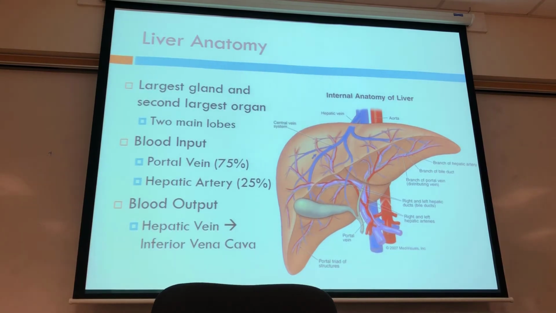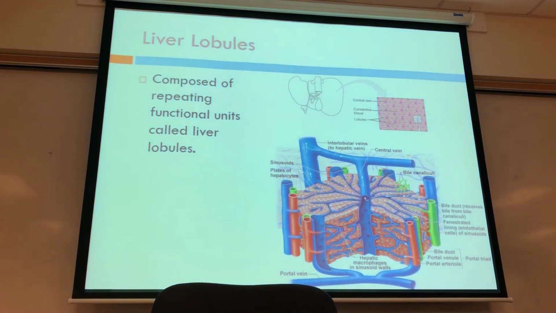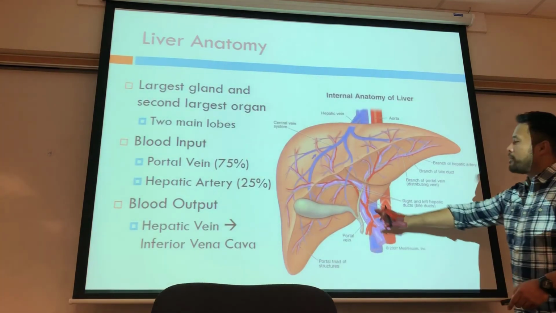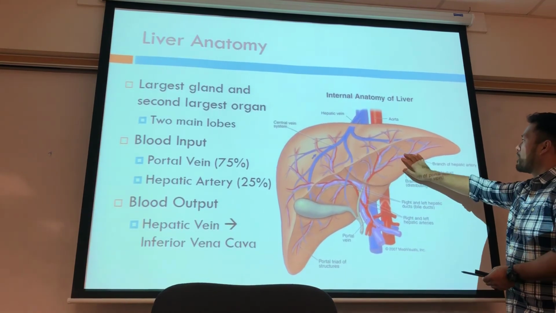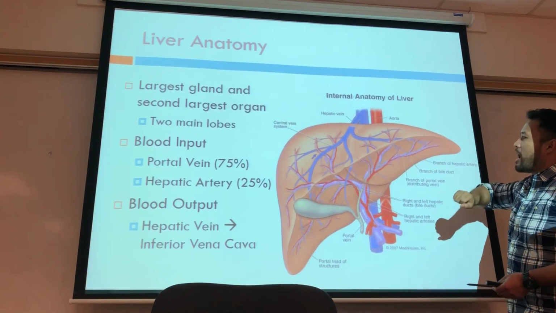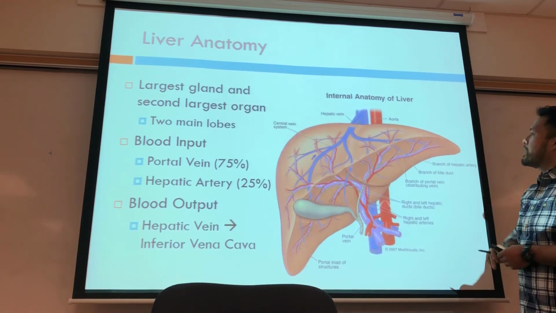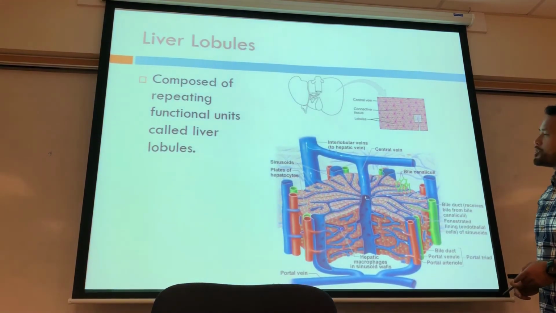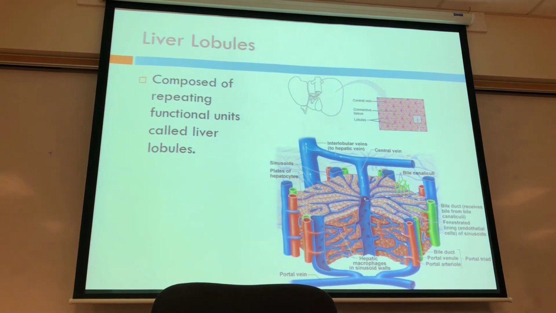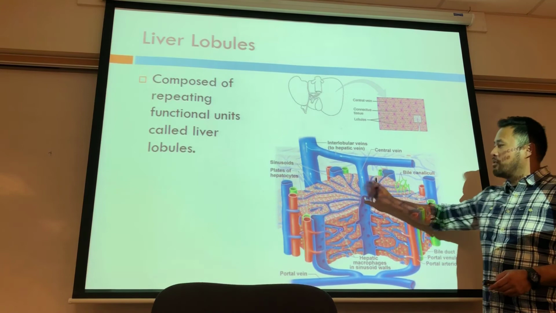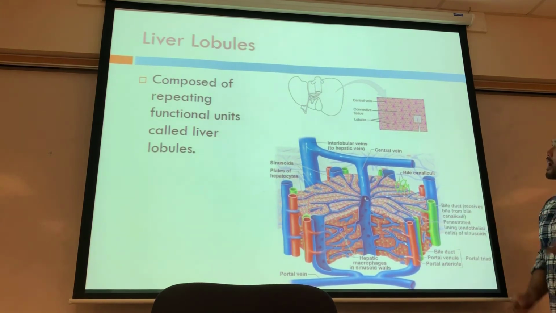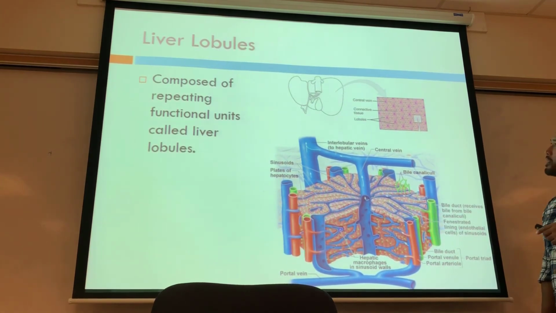So knowing that we now have two inputs for the blood, we can see where that blood makes its way. As I mentioned, the portal vein and hepatic artery branch off into a bunch of smaller arteries, arterioles, into capillary beds. Within those capillary beds, embedded, is our functional unit called liver lobules. These liver lobules are a bunch of repeating hexagonal units, and you can see that on our image on the top right. A bunch of hexagons embedded, where right in the very center, you're going to see what's called the